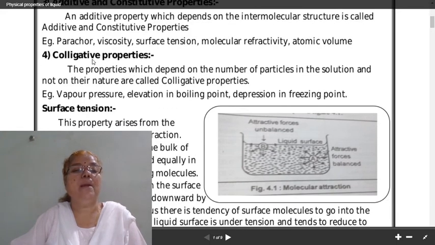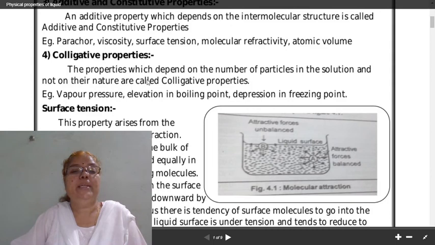And the last class of physical property is colligative properties. And remember well, colligative properties depend on the number of particles in the solution and not on their nature. These properties are colligative properties. For example, lowering of vapor pressure, elevation in boiling point, depression in freezing point, all these are colligative properties. And for your study, these properties,